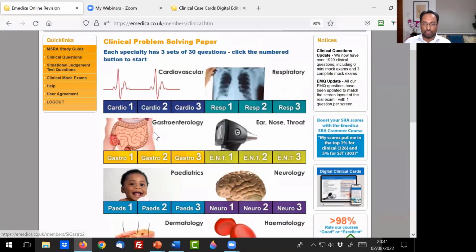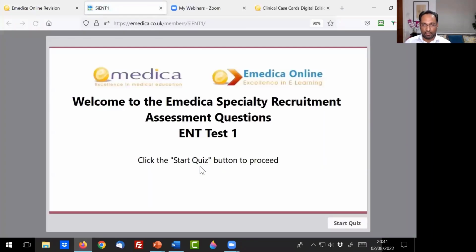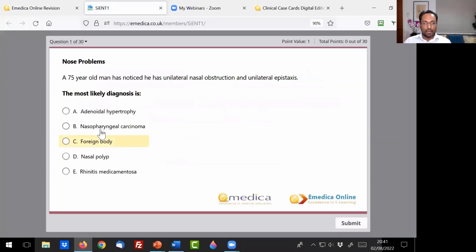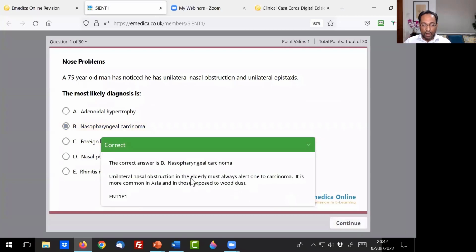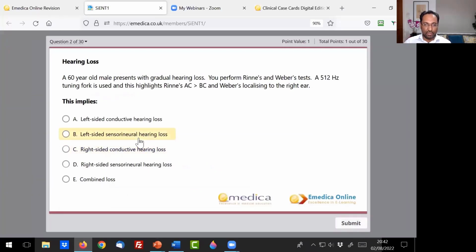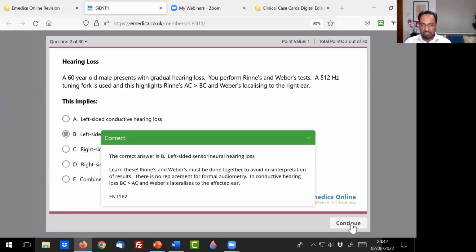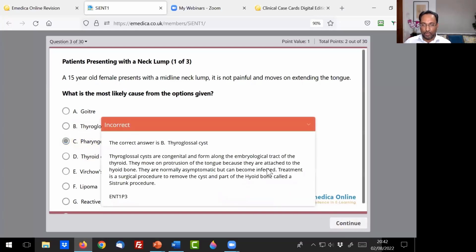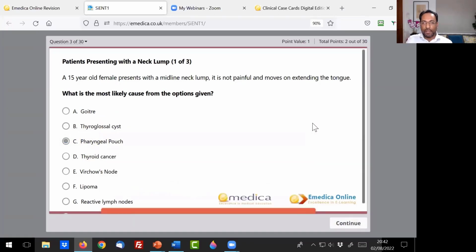And then when you do a set of questions, if you get it right, this is probably enough, a concise explanation. If you get it right, read that. If you get it wrong, what you might do is, as well as reading this, you might then read up a little bit in the Oxford Handbook.